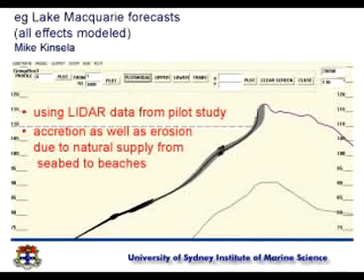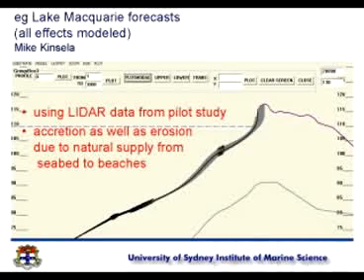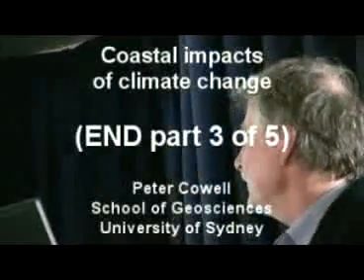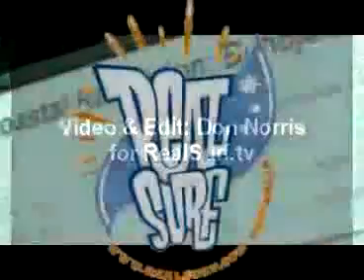Mike's done this for a whole suite of sea level rises and other effects as well. And the interesting thing is, because the seabed can actually not only take sand, it can also provide sand. So we get low probability, but nevertheless some probability of there being accretion. A couple of years ago, a trial study without the benefit of this LIDAR data up the north coast of the National Park. So again, this is a risk curve. I flipped it around for some reason I can't go into now. But it turns out that